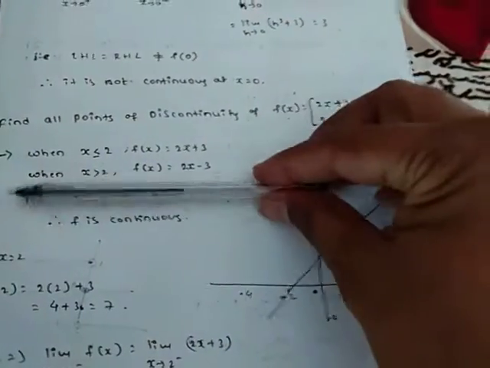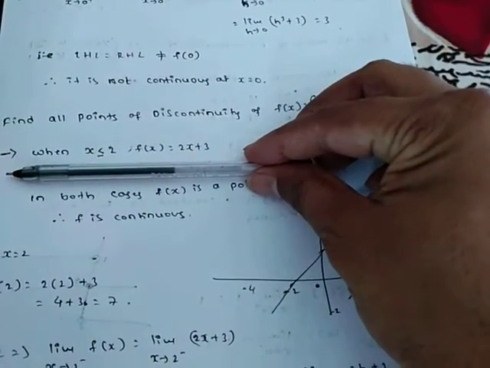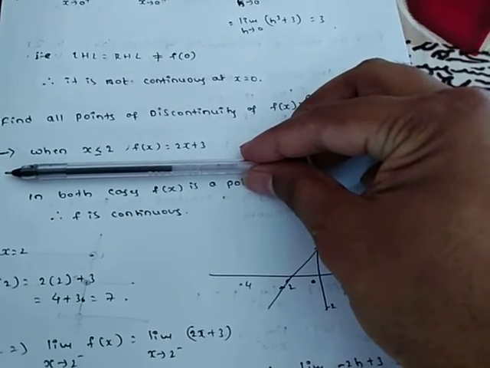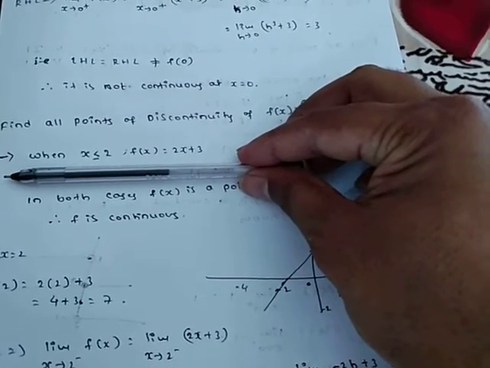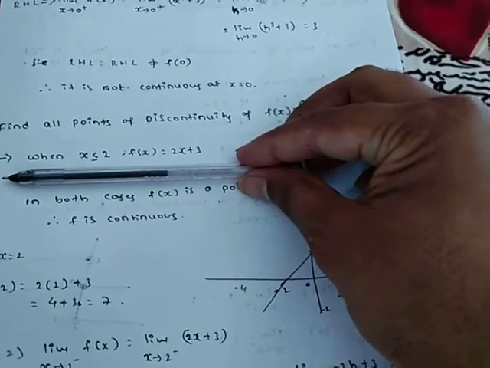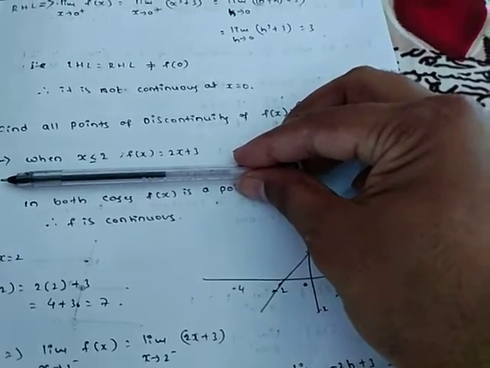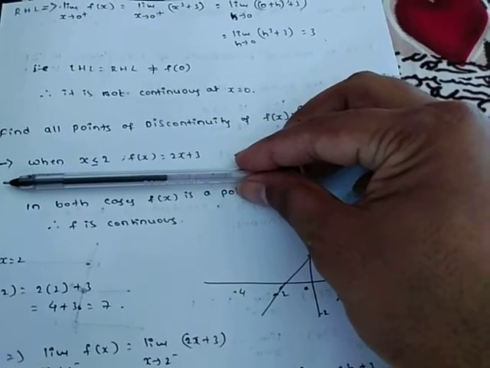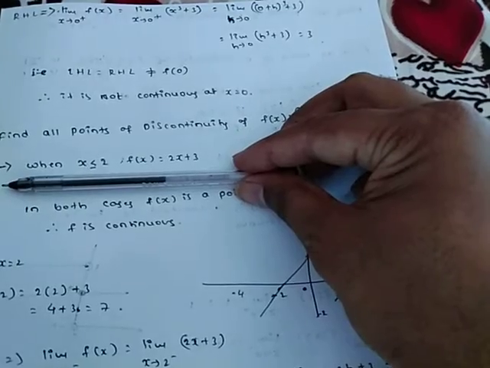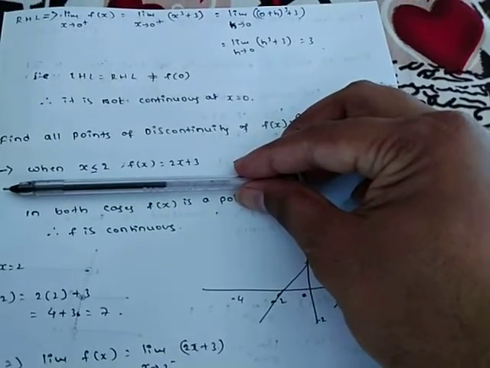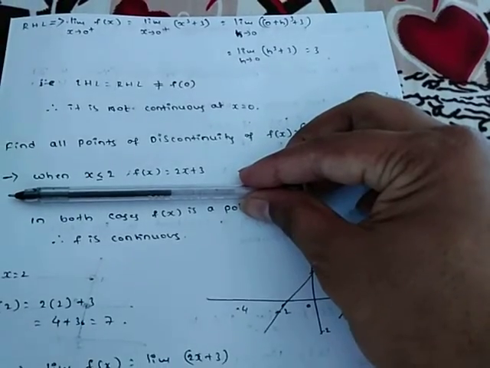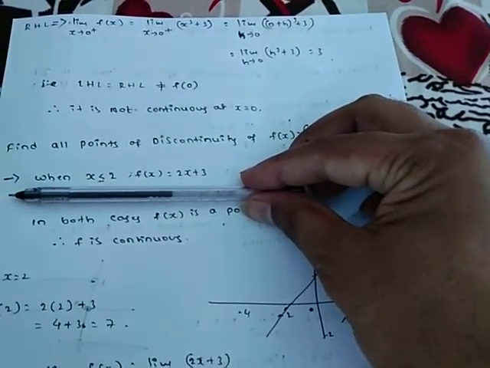Observe here just this function. Suppose you take any point which is less than or equal to 2, because we are choosing only the domain. If you are picking any point which is less than or equal to 2, the function is going to be 2x plus 3. So f of x is equal to 2x plus 3 means it's nothing but a polynomial function. So last class we found that every polynomial function is a continuous function.